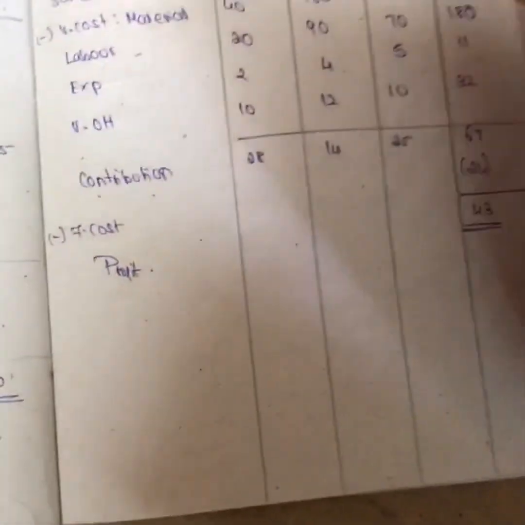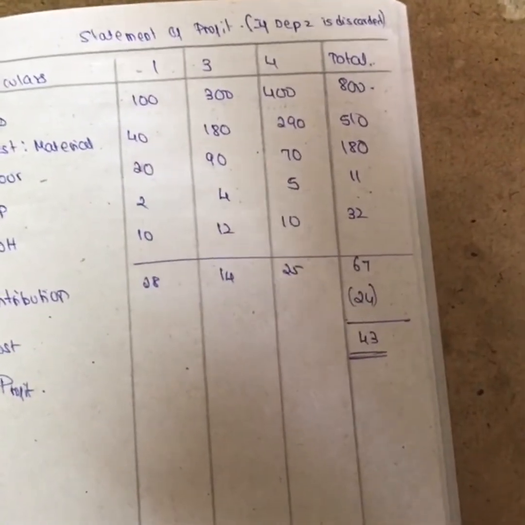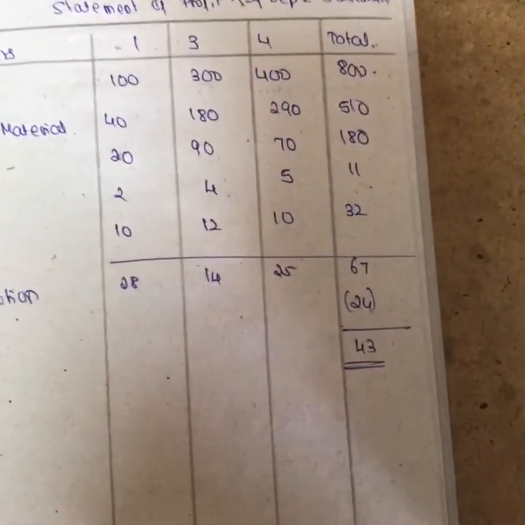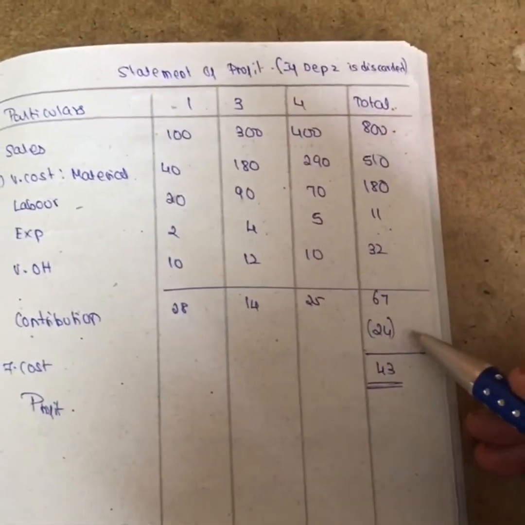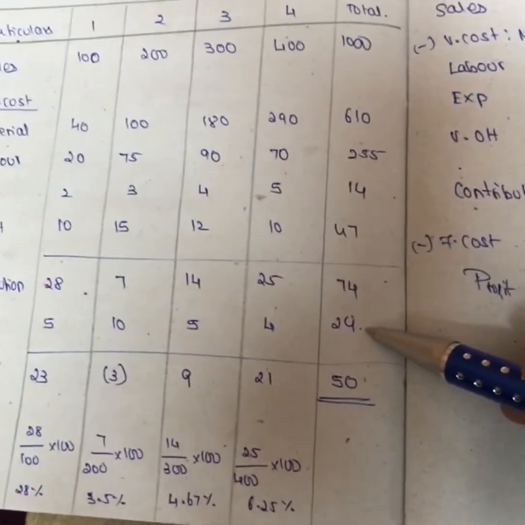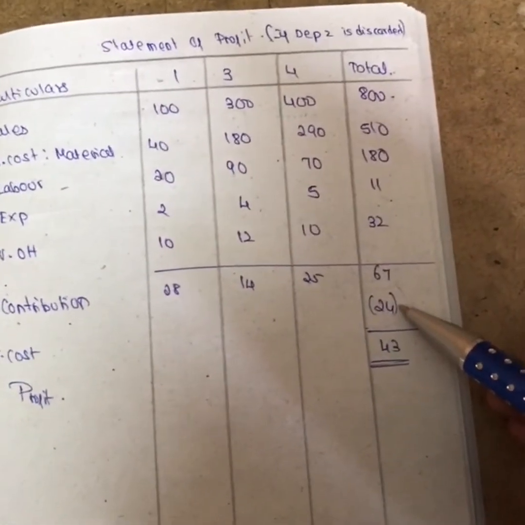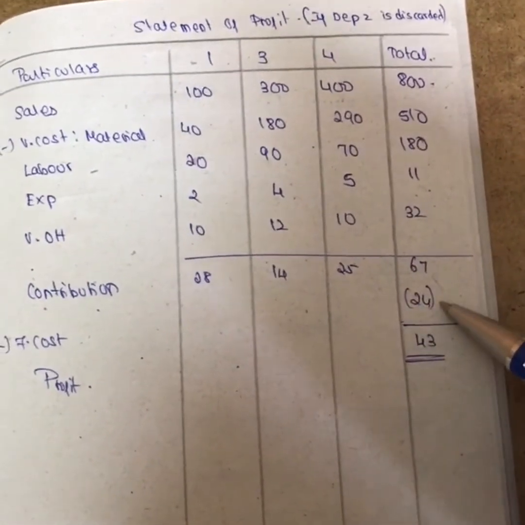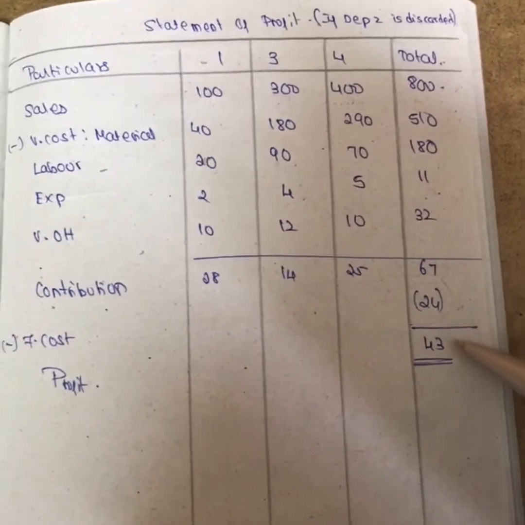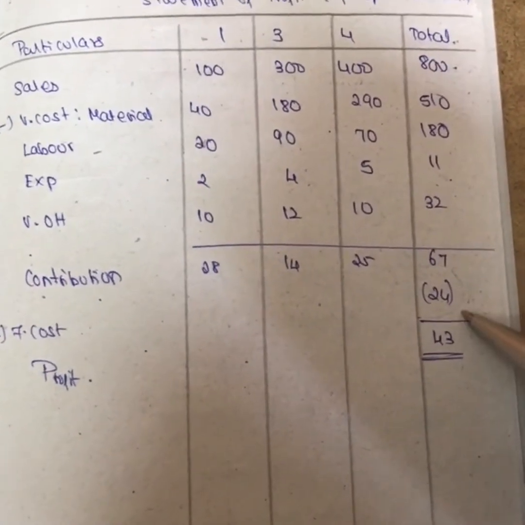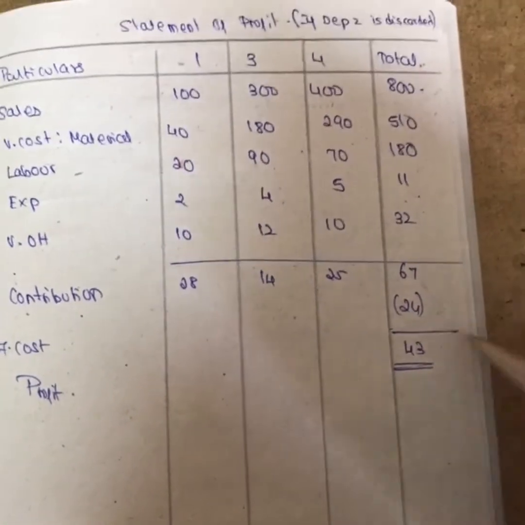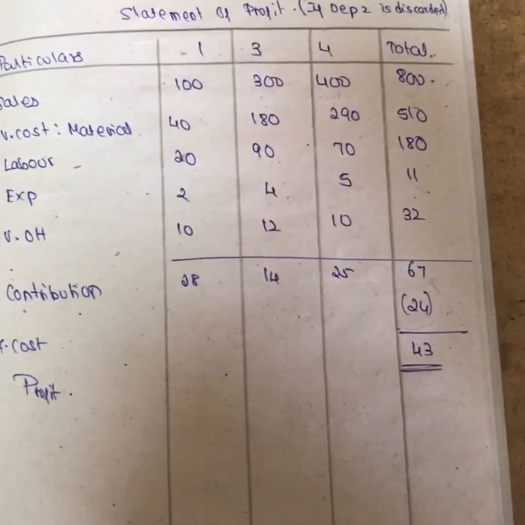Whether I'm producing a product, whether I'm eliminating any product, or whether I'm not producing any product, your fixed cost will not change. That is the reason I have written the entire 24. See, here we have 24, right? Whether I keep department 2 or whether I remove department 2, my fixed cost is always 24. So if I remove this, I will get 43. And another important point, fixed cost is irrelevant to take the decision. So I will not change my fixed cost.